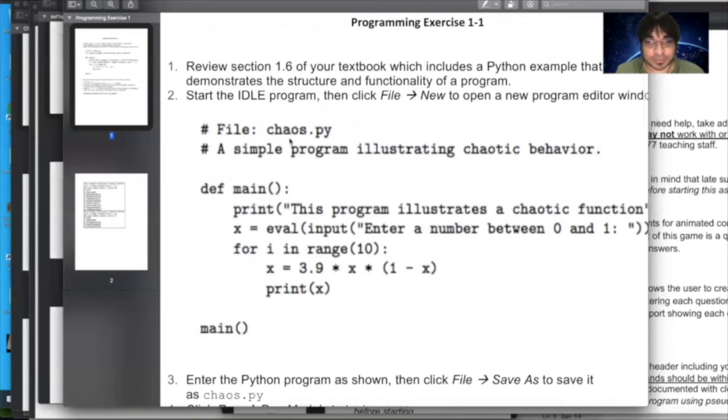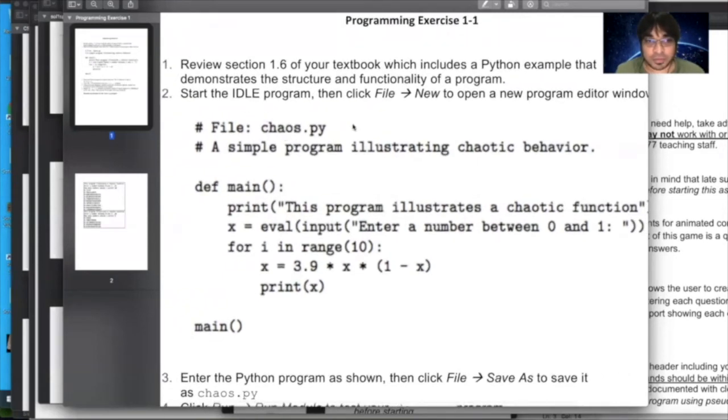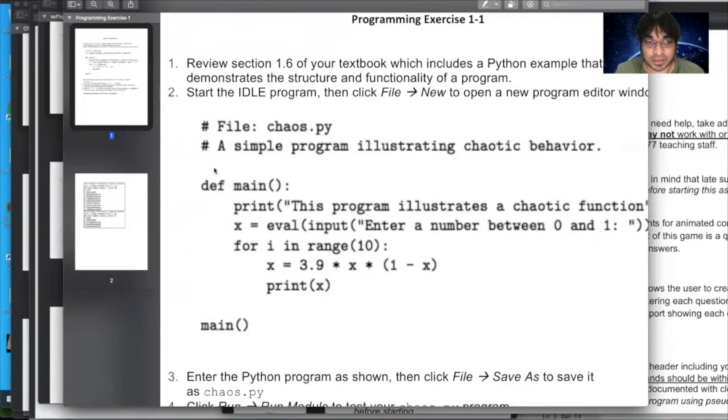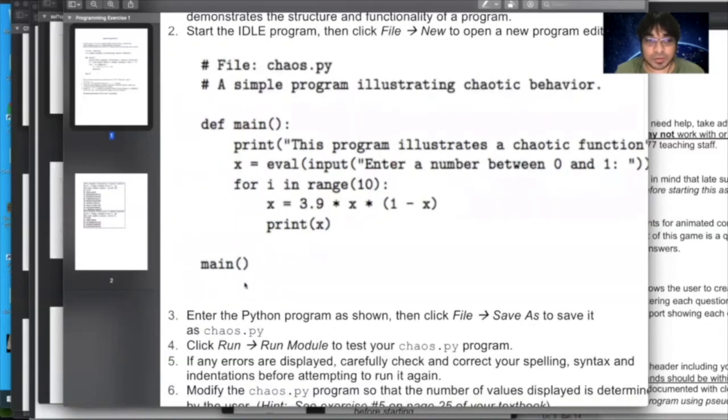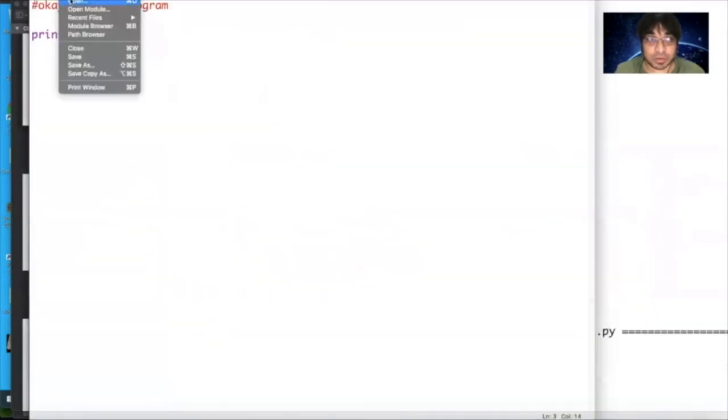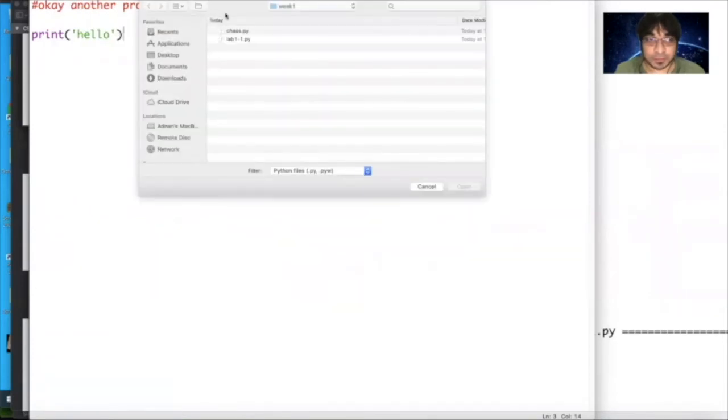And this would be a program, not a good program, but a program nonetheless. Anyway, we'll start the IDLE program and we are going to write this verbatim. Writing this verbatim is important because of the indentation. If you don't indent them properly, they won't work right.